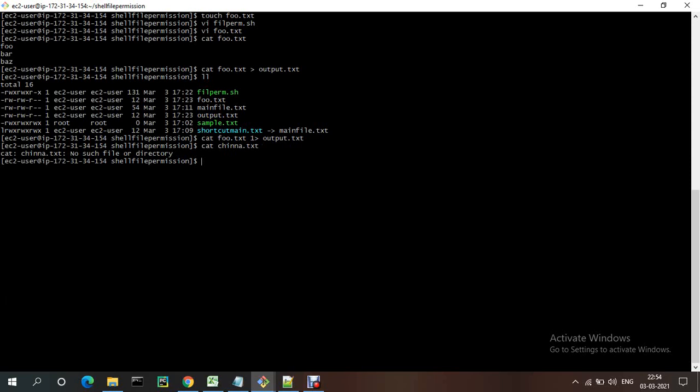Now I wanted to redirect 2 greater than output.txt. Now if you see cat output.txt, this will be available, whatever the latest output, it should be appended.